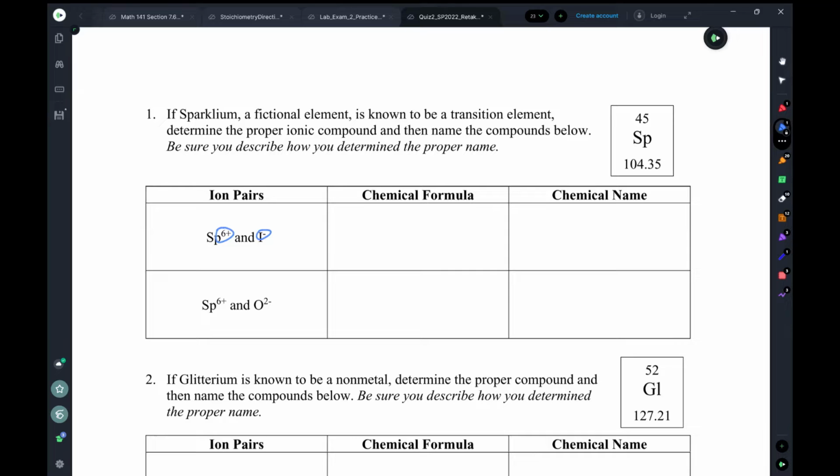Thus, we will need 6 iodides in order to cancel out the +6 charge from the single sparklium, giving us the chemical formula of SpI6. Now, in order to find its chemical name, we must recall that when we're naming a transitional element, we're going to be using Roman numerals instead of using prefixes and suffixes. Thus, the transitional element will always be the cation and come first, while the second element will be an anion with an IDE ending, leading us to the name of